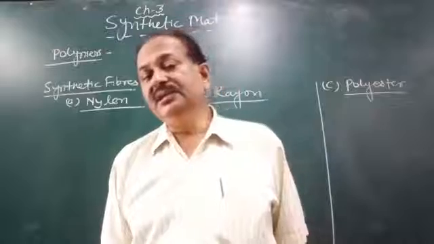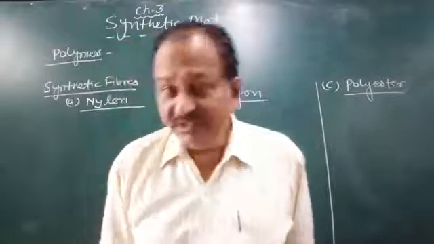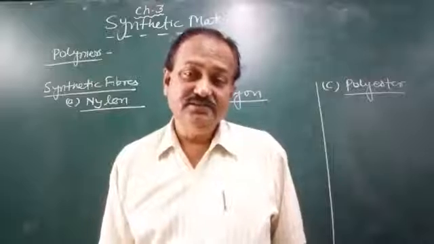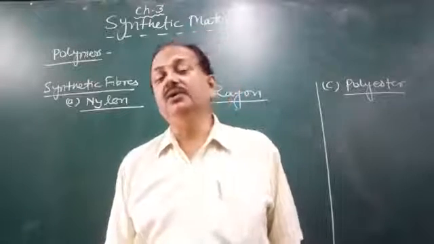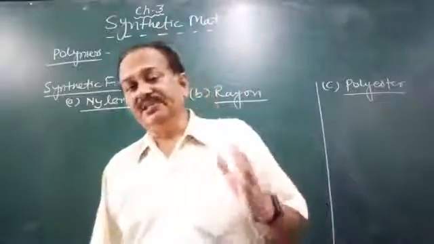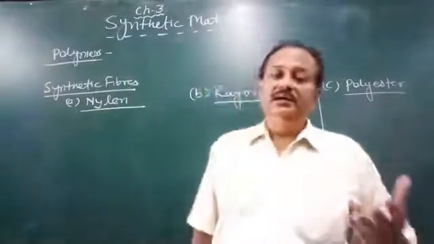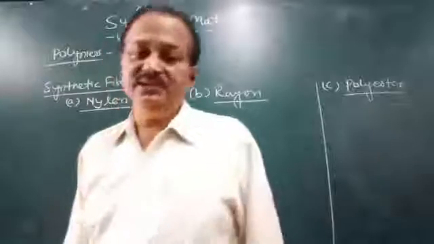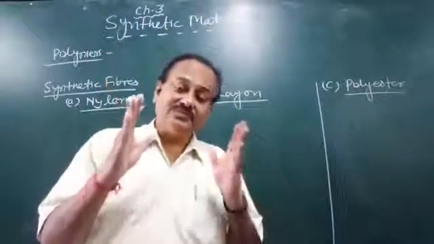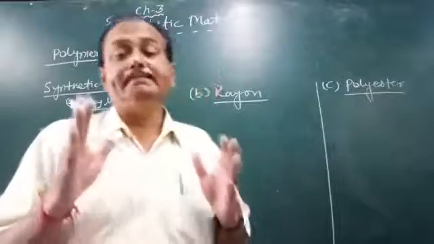Similarly, metals. Metals are obtained from the ores. Wood is also there. Silk is there. Flowers are there. So they are all natural substances, means they are obtained from the nature itself. On the other hand, there are some substances which are man-made,